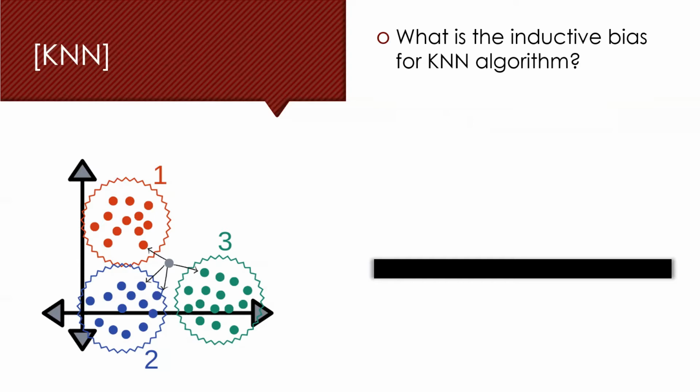In this model the main parameter is k. K is the number of neighbors we are associating a data point with. Now what should be the inductive bias for KNN? The KNN algorithm assumes that similar things exist in close proximity, in other words, similar things are near to each other. This assumption that similar things are near to each other is the inductive bias for this model. So essentially, inductive bias is the essence of a model.